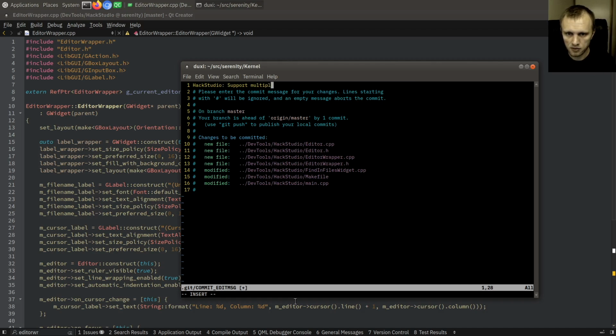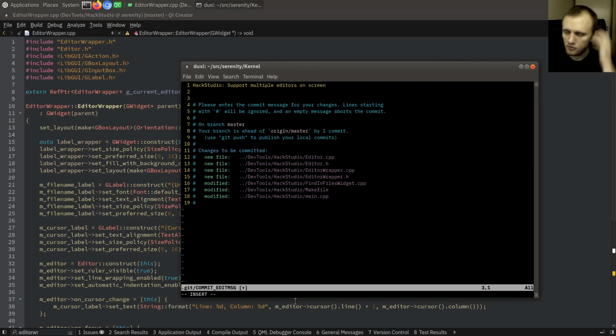Support multiple editors on screen. We now put